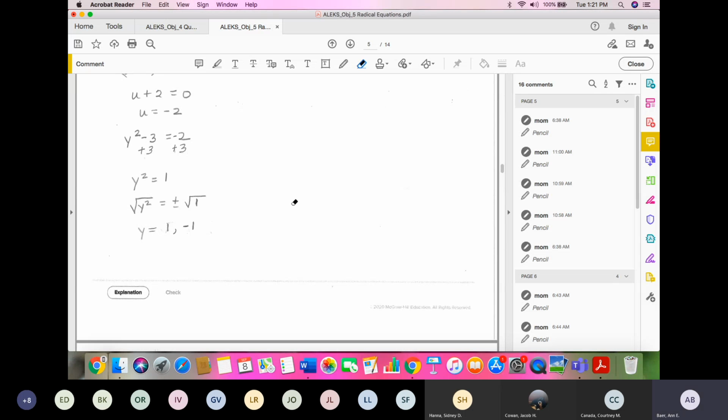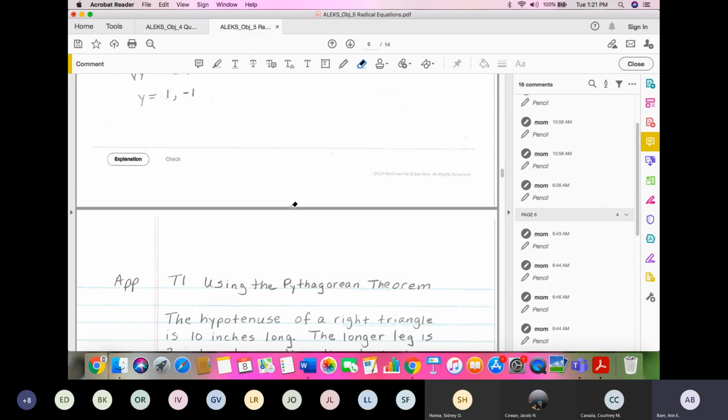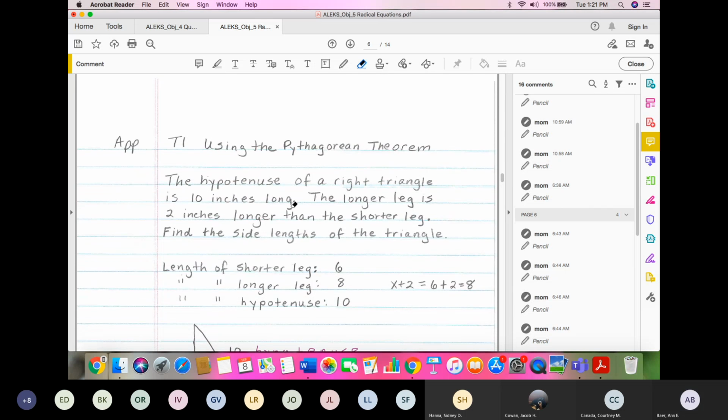So let's go ahead and move on. So let's look at using the Pythagorean theorem. This is also a quadratic equations topic. Very important. I'm teaching trig, and we are going to talk about the Pythagorean theorem tomorrow in trig, and no, I did not plan that. So that's one place you will see the Pythagorean theorem if you go on to take trigonometry.